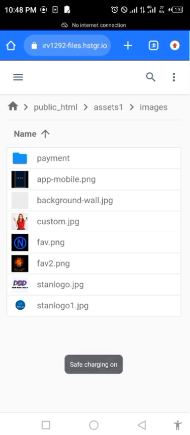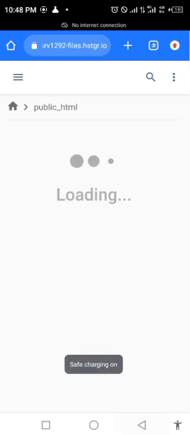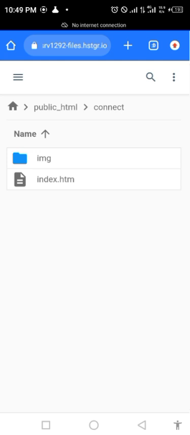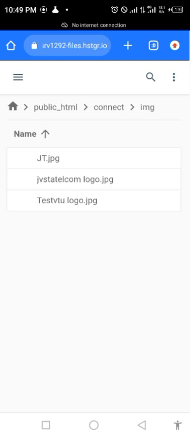All right. Then also you come back to your public HTML here. Then you click on connect. Double click connect and IMG. Double click IMG. So you see these 3 logos. That same logo again, you go to your Canva, whichever place you designed it, rename it with each of